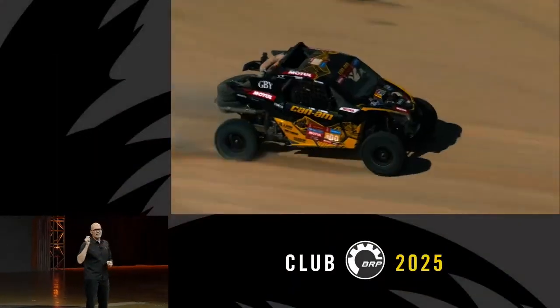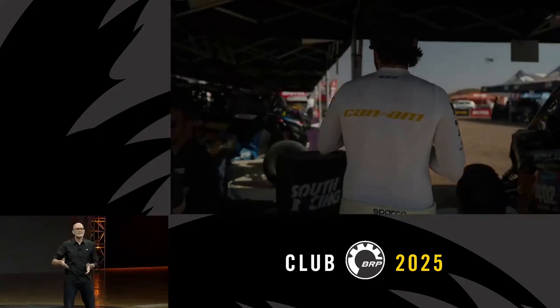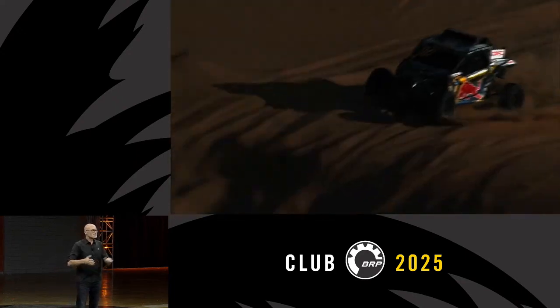In the rec sports segment, the Maverick X3 remains a key pillar of Can-Am's success, including taking us to the podium at Dakar 6 years in a row. It's built to handle any adventure you can dream up. And what riders told us they've been dreaming of is a 64-inch high-end vehicle for performance trail riding. Well, we love making dreams come true. And the 2025 Can-Am Maverick XDS with semi-active smart shock technology plus upgraded Fox bypass shocks is built to do